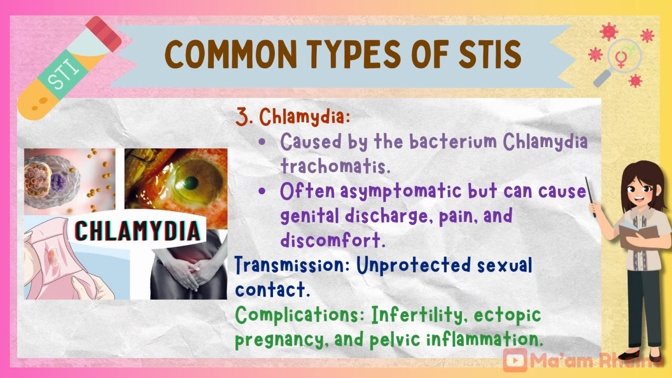3. Chlamydia. Causative agent: Chlamydia trachomatis, bacterium. Symptoms: often silent, but may include genital discharge, pain during urination, or pain during sex. Transmission: